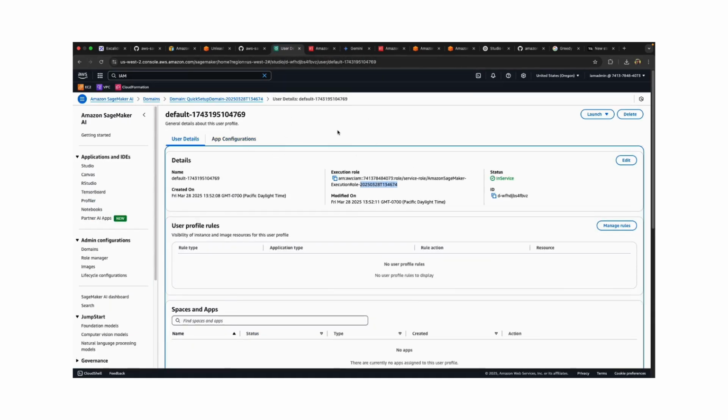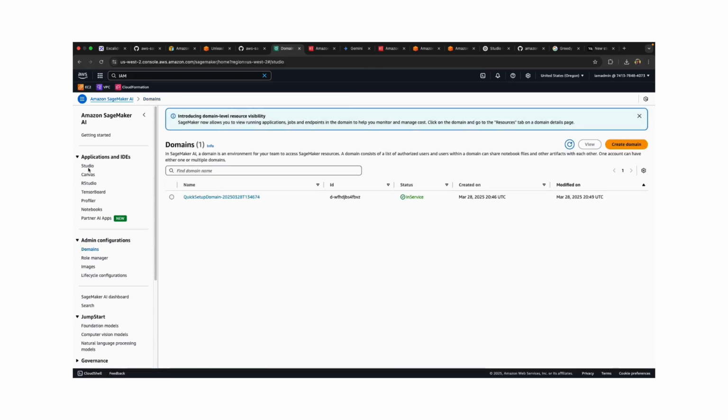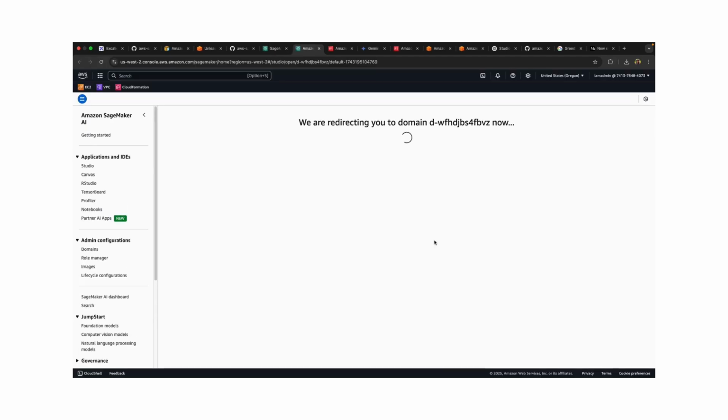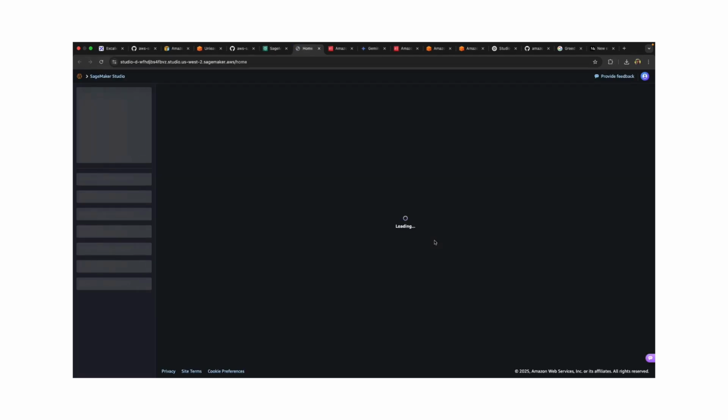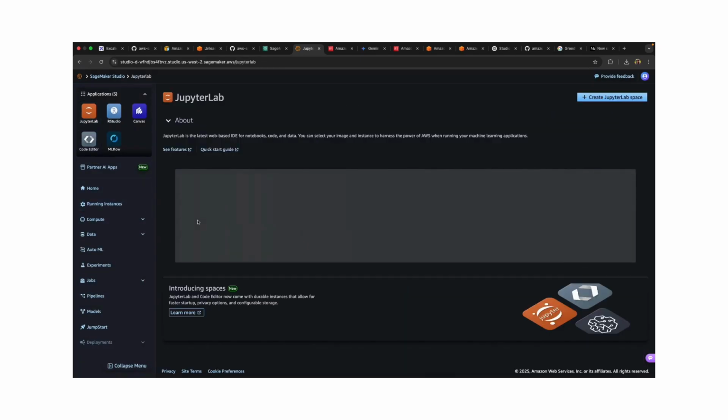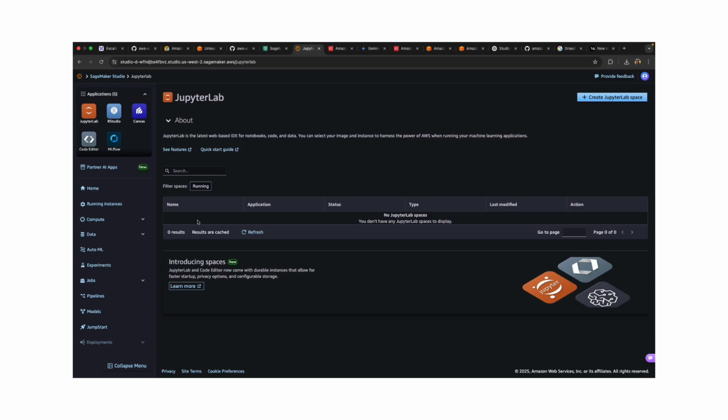Now that our domain and user profile are set up, we can go ahead and start spinning up the studio. So I'll click on studio, open studio, and now we can spin up our Jupyter notebook. Go to JupyterLab. We don't have any space here, so we need to first create a JupyterLab space.